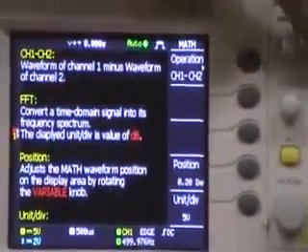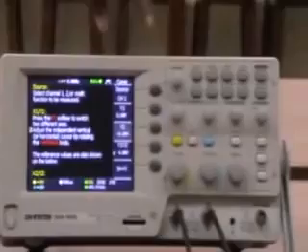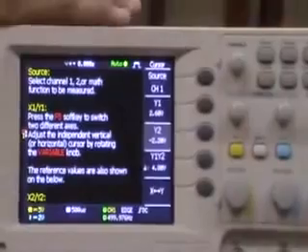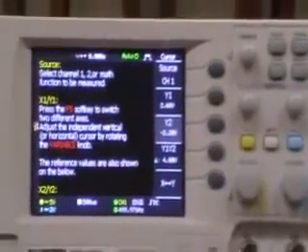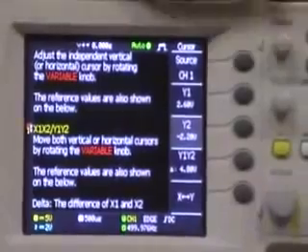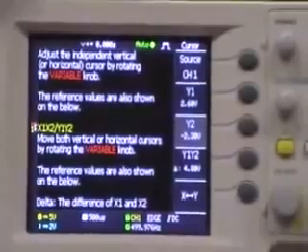For another button like cursor, again we can get from the help button what exactly the function of the cursor button is. The properties and the functions of the cursor are displayed over here, and from the variable knob we can shift upwards to see other functions of it. Now to get out of this help segment, we again have to press this help button. So we come back to the original screen.